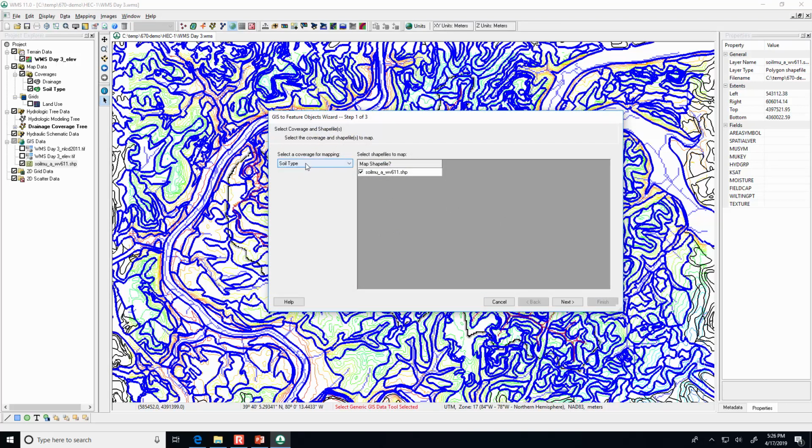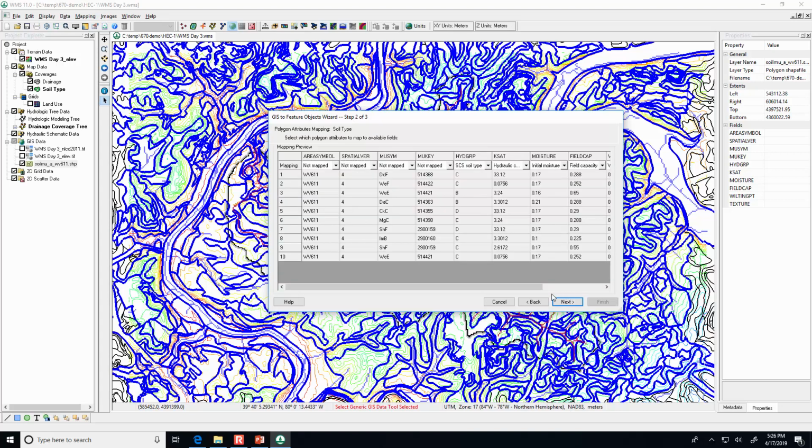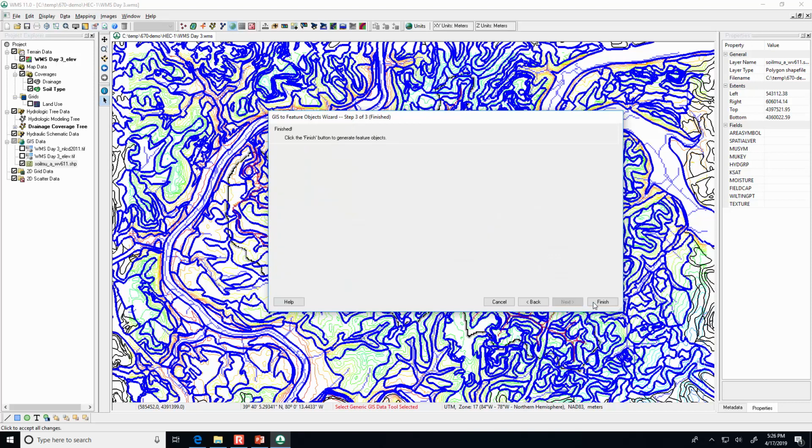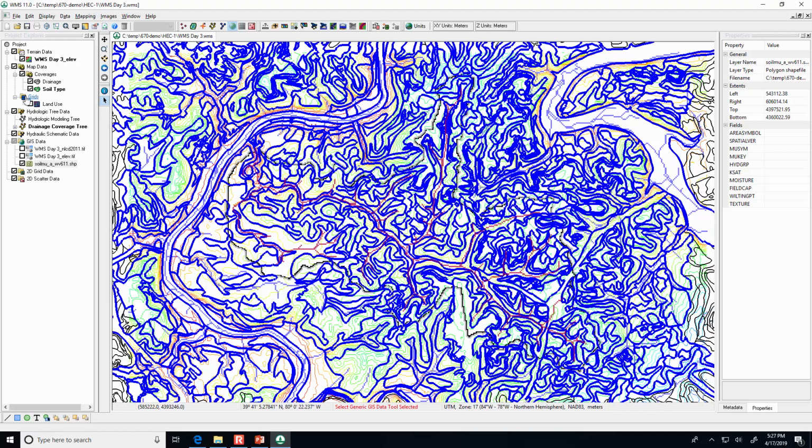And it's going to go into the soil type coverage. When you click next, it should show that the SCS soil type is coming from this hydrologic soil group data file. So it's a mixture of B, C, and D. You click next and finish, then it pastes all of that data.